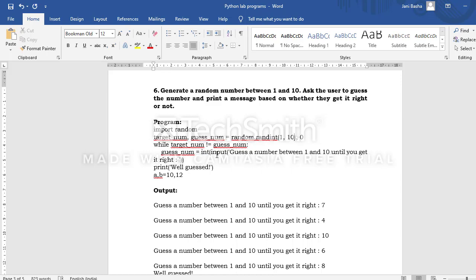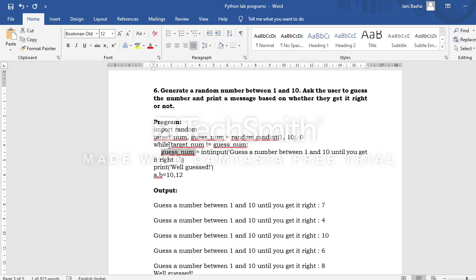I am writing an input statement to get the input from the keyboard. Whenever this statement is executed, I'll get a message like this. Then I'll enter some number, 7. That 7 will be stored in guess number.